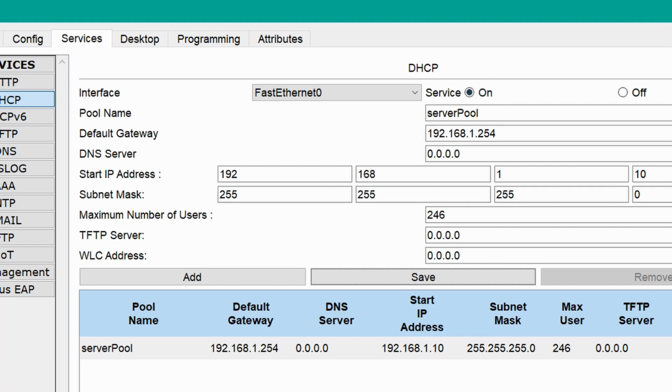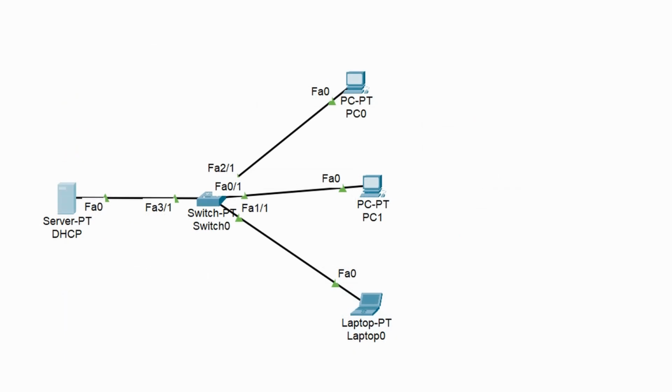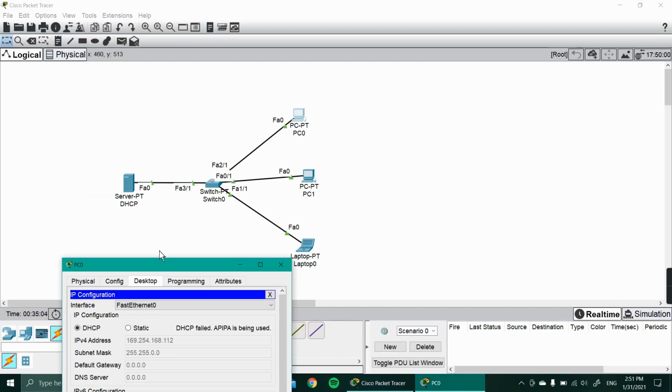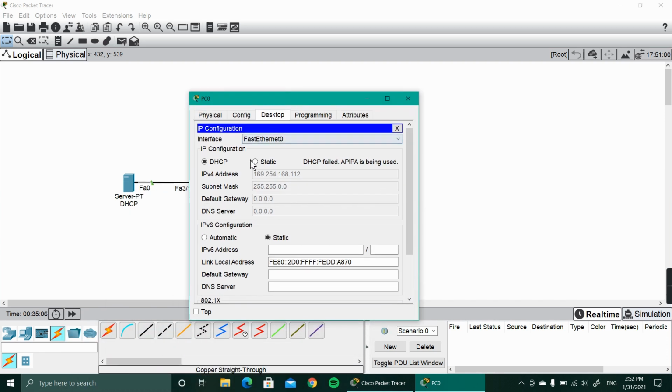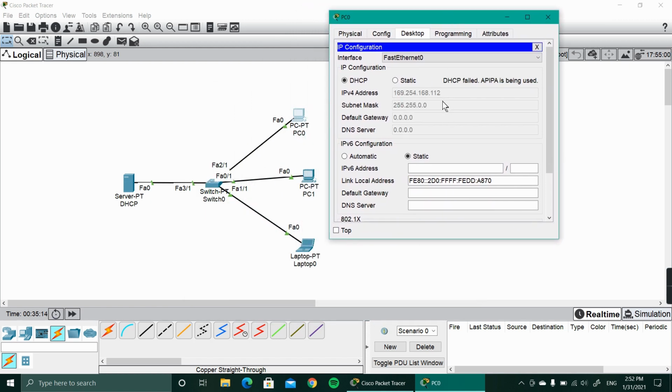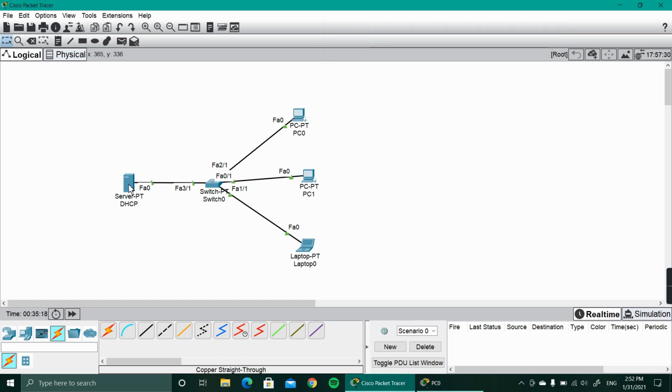Now this service is on here, and if I go back, okay, I will go to PC0 and select DHCP, and it is requesting an IP address, and we'll see that, okay, DHCP failed. So what can be the reason? I will again go to the DHCP server.